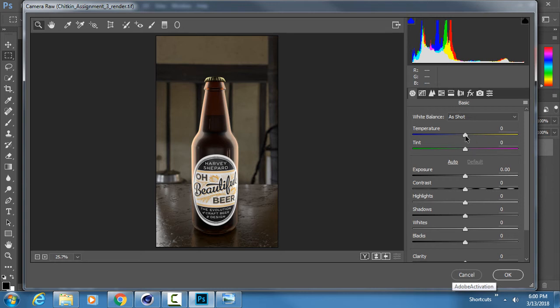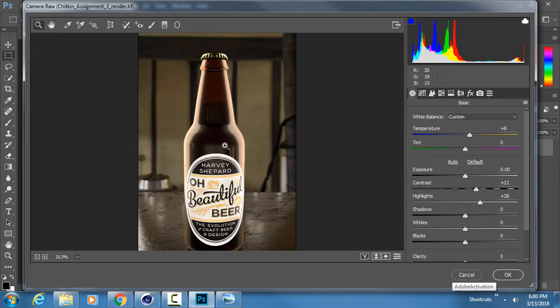And so right off the bat, one of the first things that I can do is adjust this color temperature slider a little bit towards the warm side, to the yellow, and I can start to bring some of that yellowish gold feeling more into my render. I can also adjust the highlights and contrast, and one thing that I want to do is make sure that these bright sections on my bottle pop a little bit more, so that they get a little bit more attention, a little bit more focus, and I can zoom in a little bit,